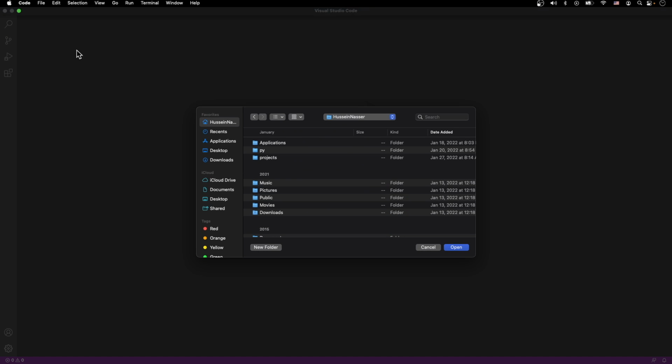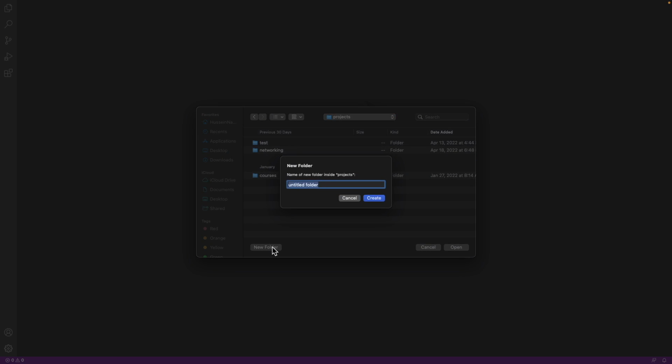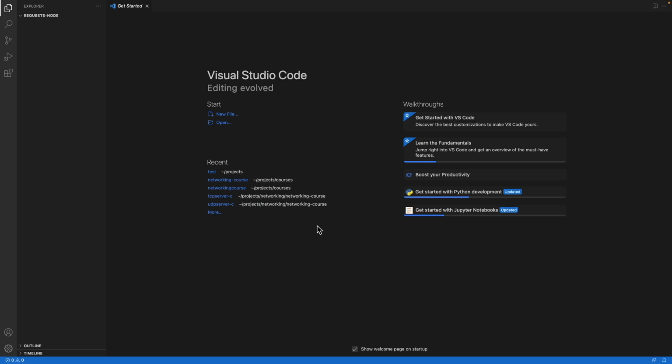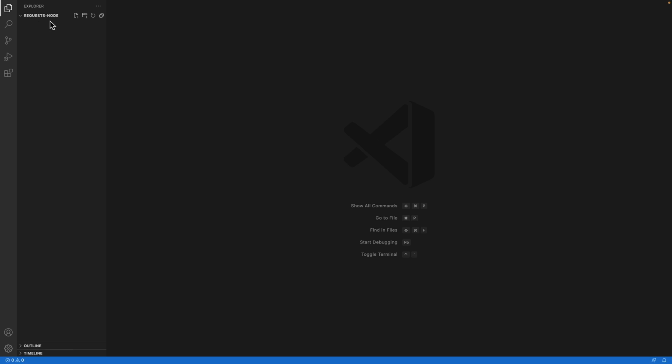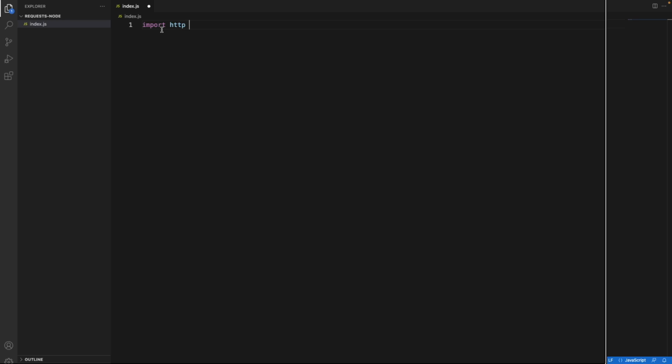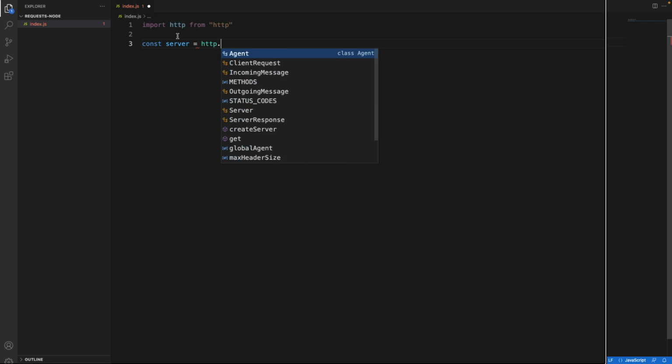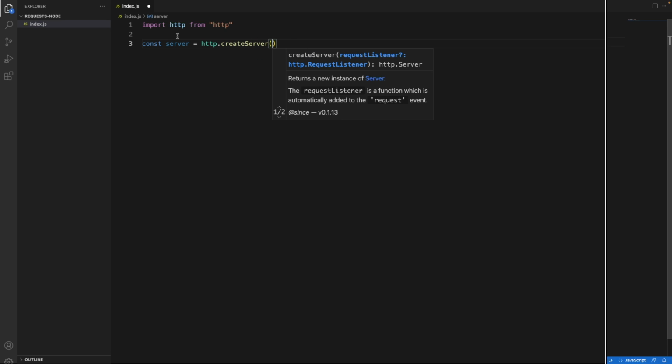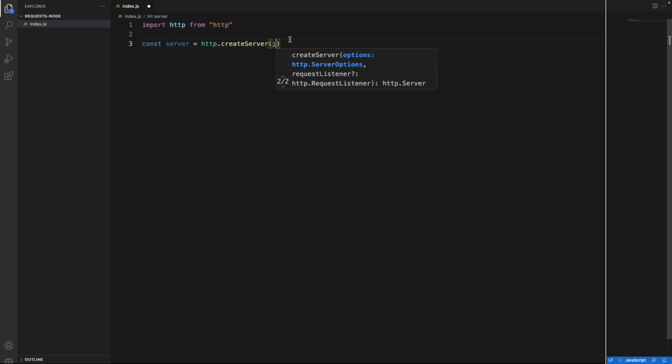Let's go ahead and create a brand new project here. I'm going to call it requests node, and I'm going to build a quick Node.js library right here. Index.js, and let's go ahead and import the HTTP library because that's what we're gonna use. And then we're gonna go ahead and create a server here. Off of that, do we get IntelliSense? Thank you. Right, and just by creating that server,